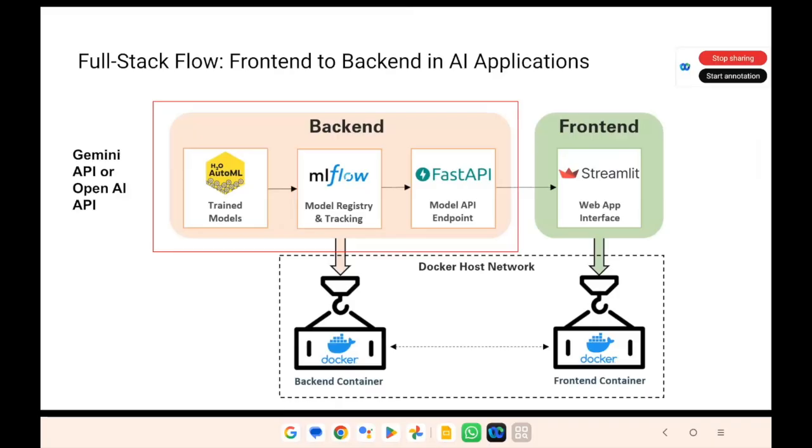So this is how typical AI applications are built in industry. I'm showing the entire AI application, how it will be built and what the typical tools are. In the back end, we have the trained model. Right now, there is no trained model. It's always OpenAI or Gemini. So you put the model, and instead of a model registry, it is right now the prompt.